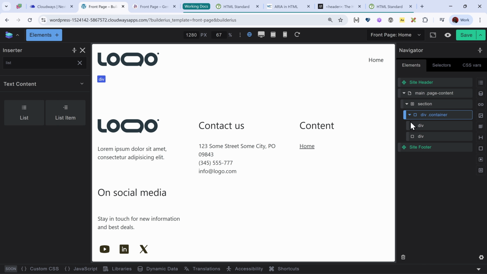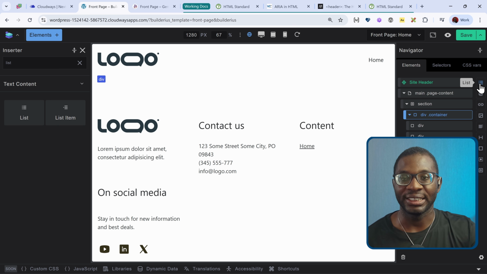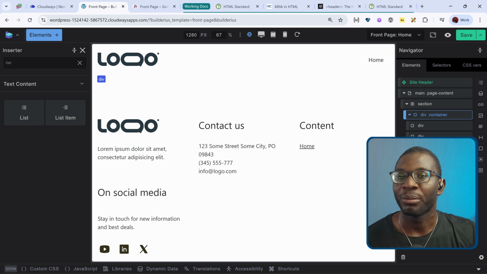So now we have the element at the top for our list. One improvement that I wish they would add is an ability to rearrange the elements, because right now they are added in the order that you put them. So if you want to rearrange them, you may need to delete everything and start from scratch. But in this case, I'm happy with the way it is structured, so I'll leave it that way.